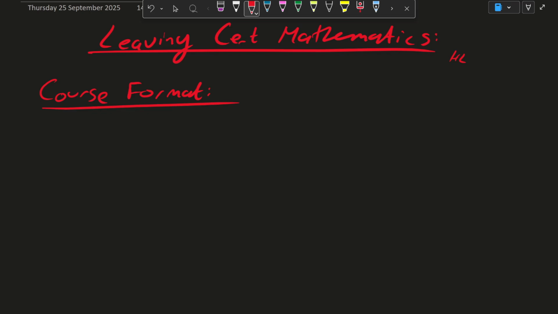How I would usually start pretty much all of my classes is I'll firstly talk about the thing that's on the opposite end of the calendar for most people in Leaving Cert Mathematics, and that's just talking about the course and exam format. Now, the course and exam format that I will be stating is particularly valid for the 2025-2026 exam year. This, of course, could change in the near future as it did with Project Maths in the